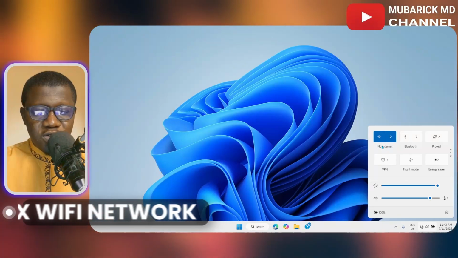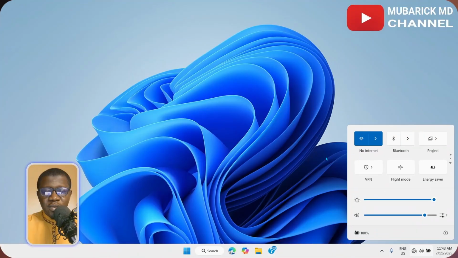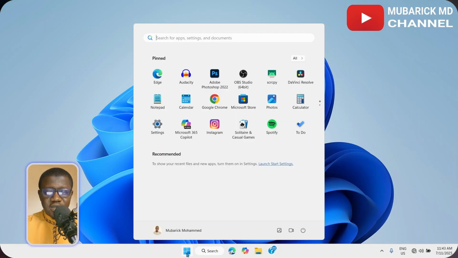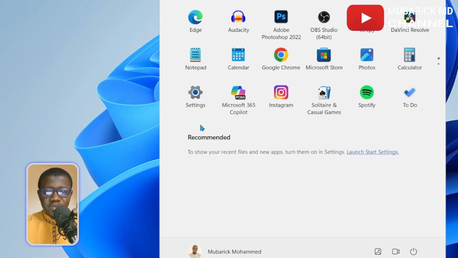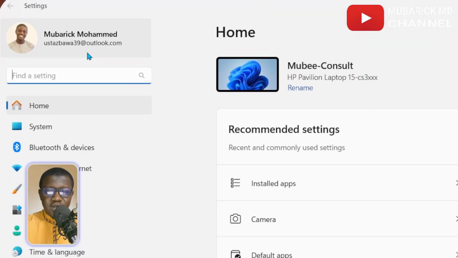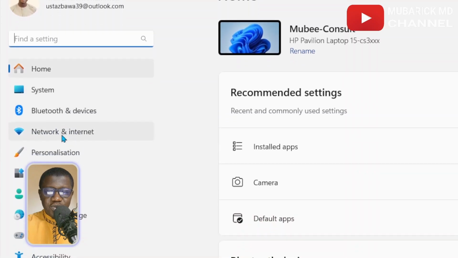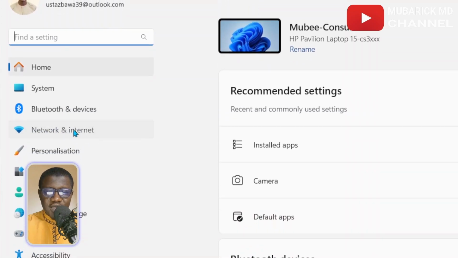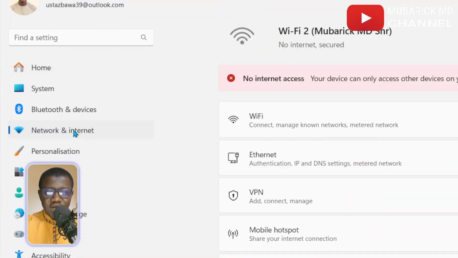To fix your Wi-Fi network not showing is pretty simple. We first have to navigate to the start menu, which is located here, and tap on it. Then on this interface, I'm going to proceed to tap on my settings. On the left panel, we have a ton of options. I'm going to proceed to tap on network and internet, and this will redirect me to an interface like this